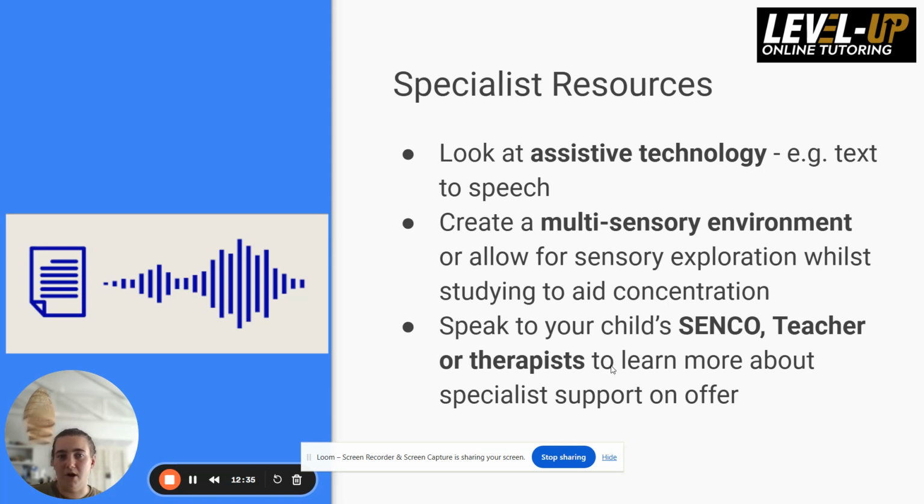Creating multi-sensory environments, so allowing for sensory exploration, and also tying in the things that we spoke about last time about audio learning, visual learning, kinesthetic learning, trying to create a multi-sensory environment to aid as much learning as possible. Speak to the SENCO at your child's school, or the teacher, or any therapist that they see,